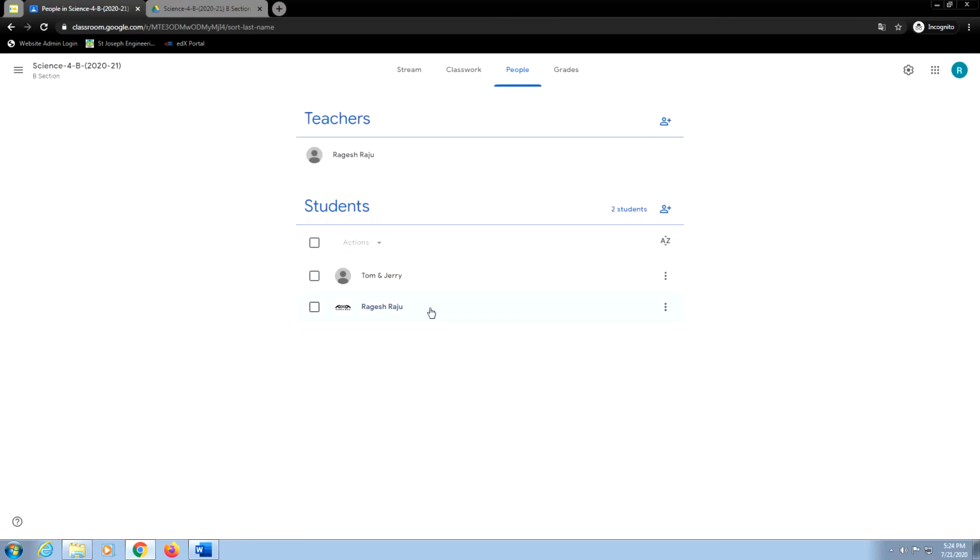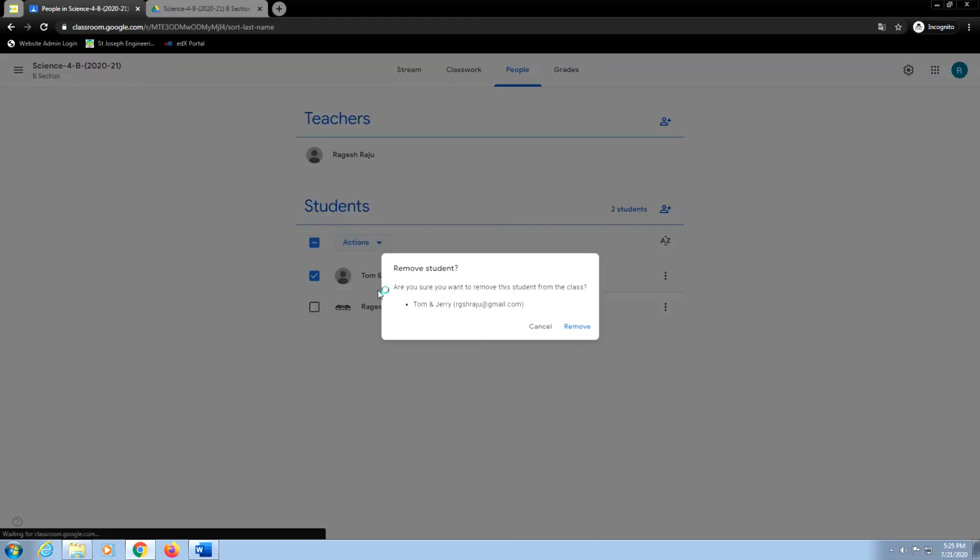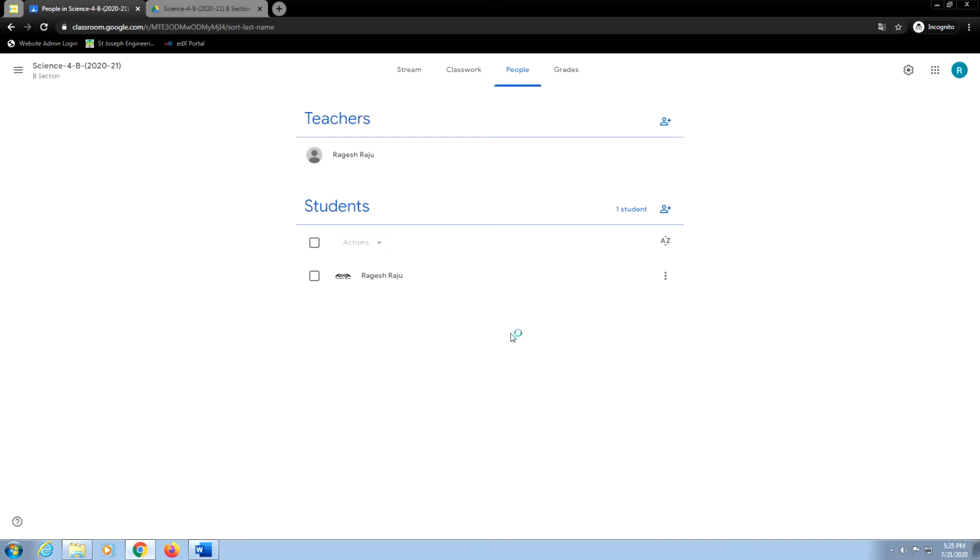And one more option which we have is, in case you feel that you have a student who is not of your class, you can just select this particular student, go to actions and you can remove him. So when you remove this particular student, it asks for a confirmation. I click on remove. So remember one thing, when you remove an email ID or a student from your classroom, that student will not be able to join by using the class code. So even if you have enabled your class code and you are asking that student to join by using the class code, he or she will not be able to join if you have removed him previously. Otherwise he or she will be able to join your class.